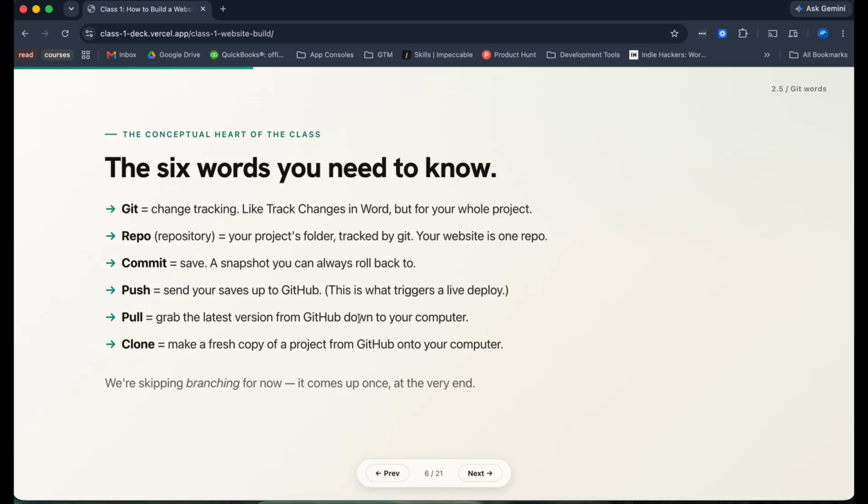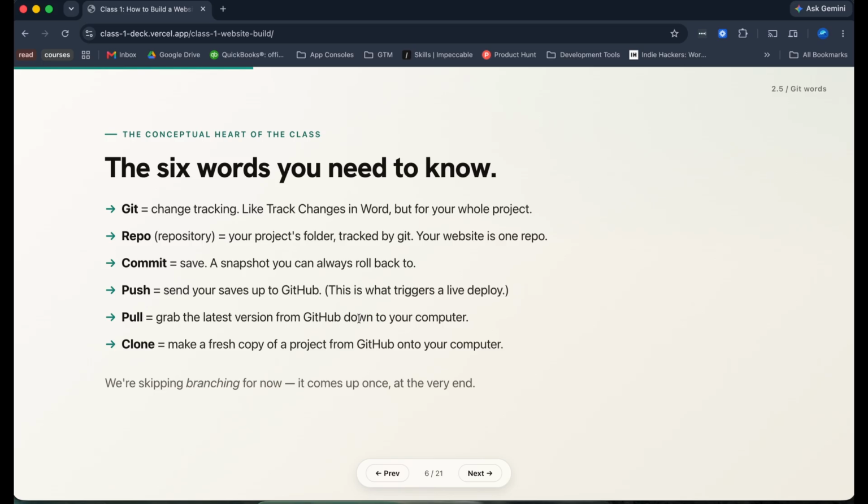A commit is a save. As we code and make changes, it's not saving. It'll save progress in the sense of if you close your computer and open it back up again, you're not going to completely lose it. But it doesn't save in the sense of if something goes wrong, there's no point in time to go back. So what you want to do is periodically commit to create snapshots that will save over a long time horizon, and you can go back to any of these commits as a point in time. So if you need to undo something, or you break something, or you even need to do research, you're going back to the commits, which are different points in time.